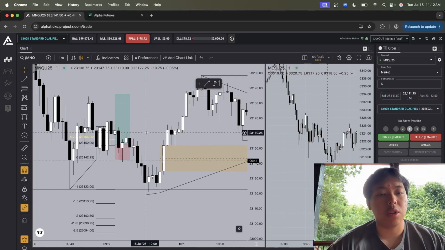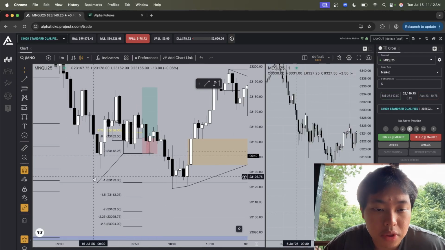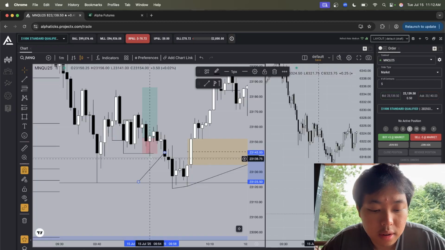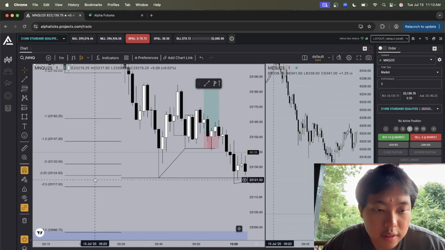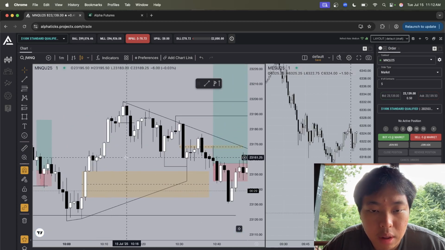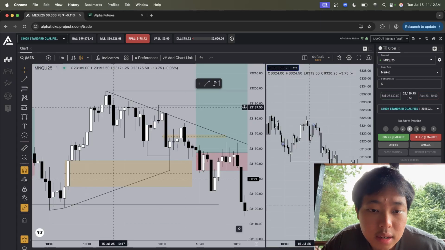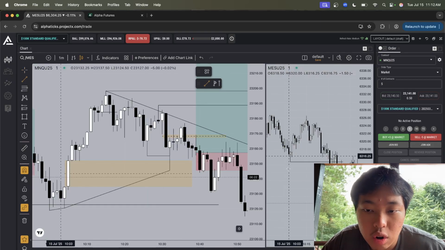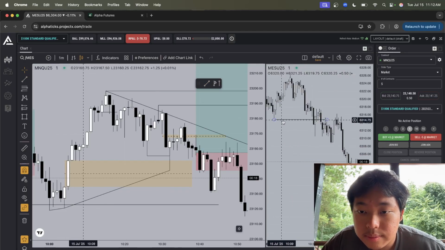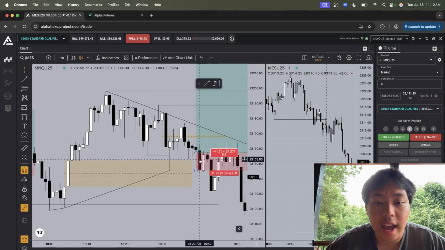And then I'm like, okay, look, I'm just gonna wait. Boom. Same thing happened again. Came down, swept out this low, standard deviation projecting right here to our left, higher time frame gap, SMT at the lows, and then I'm looking to buy external lows. So this is what happened. ES had swept out this external low that I marked out over here, and once that happened, I ended up